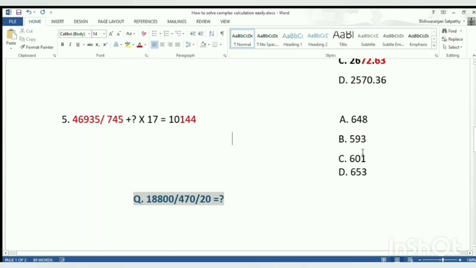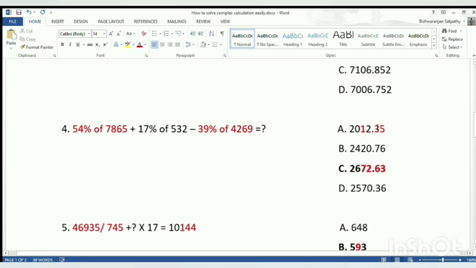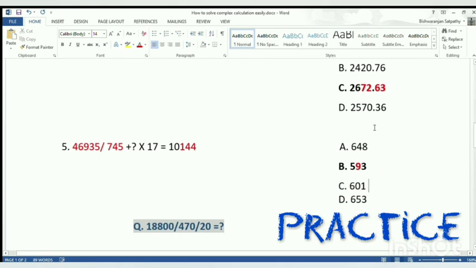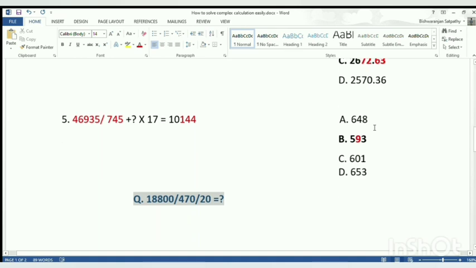Okay. So let's find it. Here 6 plus 4 is 10. 10 plus 8 is 18. So 18 means 1 plus 8 will equal to 9. So this whole term will become 0. So A is not our answer. We will eliminate 9 here. So 5 plus 3 is 8. So this is our answer. You can check the subsequent ones also. I'm not checking it because I know this should be the answer. So you can check it and just practice it. Just practice it, and you'll be able to do these questions very, very easily.